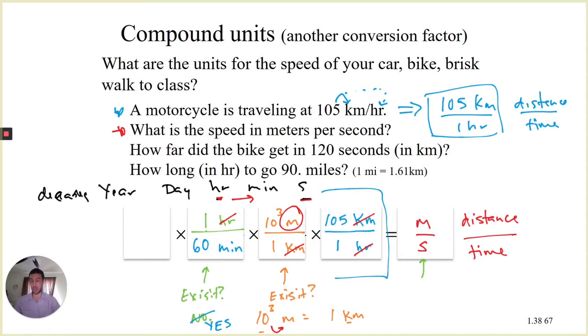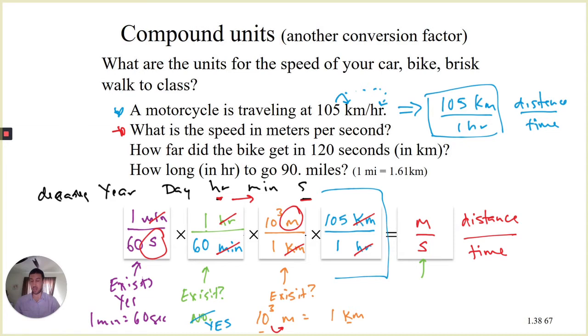And this last conversion factor, hopefully last, minutes would need to appear in the numerator so that I could cancel my minute unit. What do I want that minute unit to become? I want it to become seconds. So again, I would ask myself, does this exist? Well, yes, it does. 1 minute equals 60 seconds. I could now go through and place my numbers, the 1 next to the minute, the 60 next to the seconds. And now if I track my units and look at what's left over, the minutes disappeared, hours disappeared, kilometers disappeared. The only thing left would now be